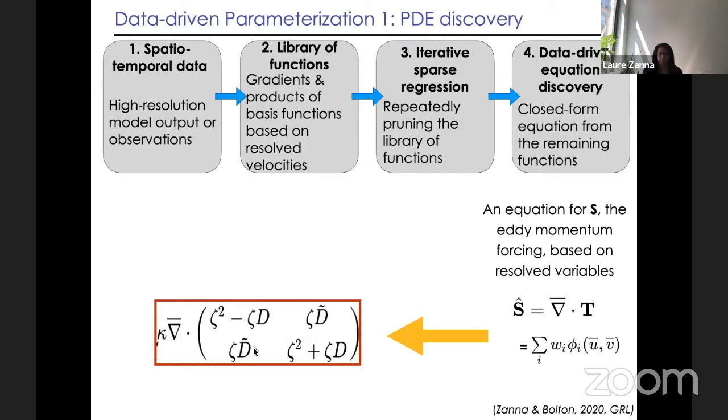I'm not going to go through what it means, but all we end up with is basically one parameter, kappa, which has an uncertainty of about 10, 15% or something like this, multiplying the divergence of a symmetric stress tensor. And it's not something that we built in. So here we have a nice, concise mathematical expression for the missing forcing that we should put in a coarse resolution ocean model that represents the effect of mesoscale on the large scale flow. And we only learned that from idealized high resolution data.